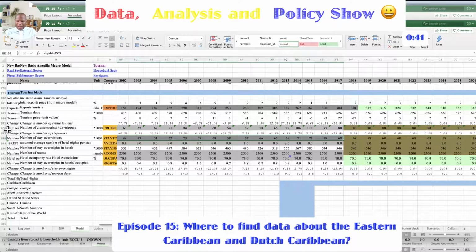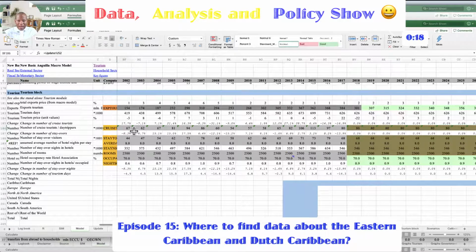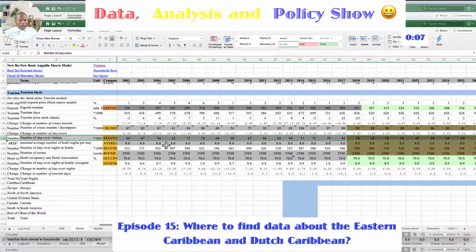Now, the people that are not stayover tourists but day tourists, that's another indicator. Those are almost 67,000, because here it says day trippers in thousands, and the indicator is cruise, and these are the numbers, 80,000. So these people must be spending a lot of money, although the numbers are not that big. Still, they are spending a lot of money there.